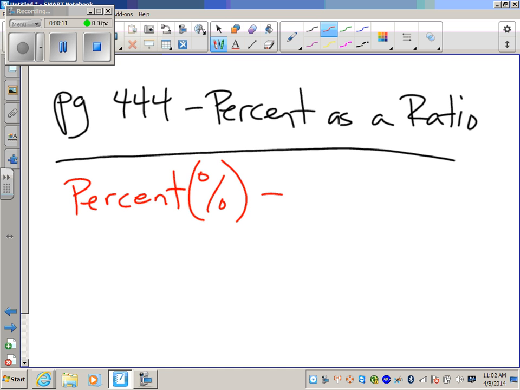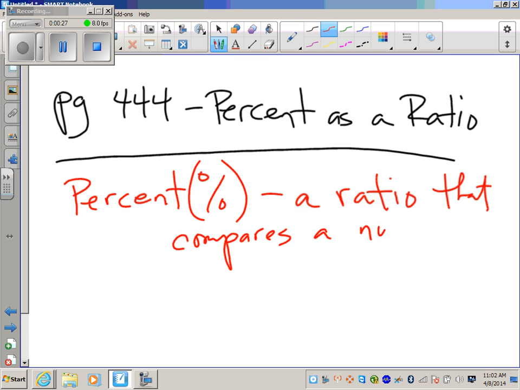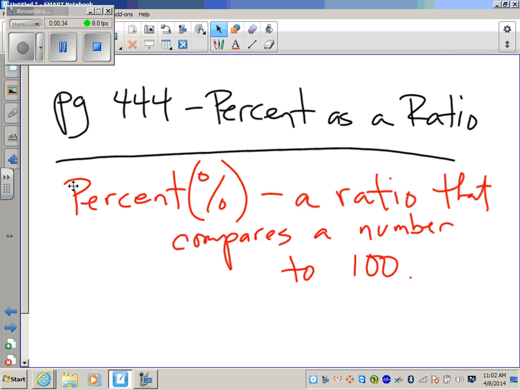Percent. Definition of percent is a ratio that compares a number to 100. That's very important when you talk about percent in general, because ironically enough, we were just talking about